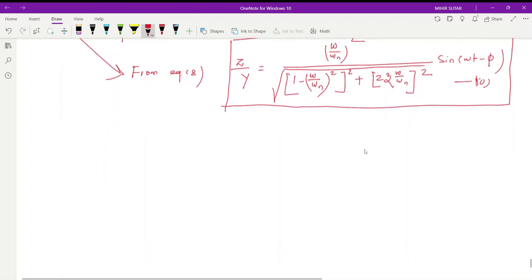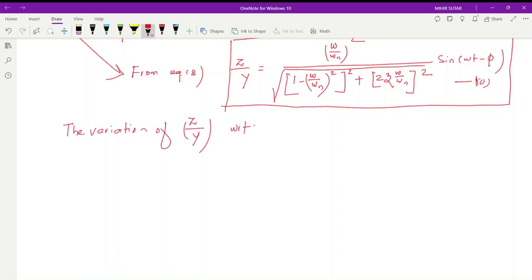Now the variation of z by y with respect to frequency ratio omega by omega n